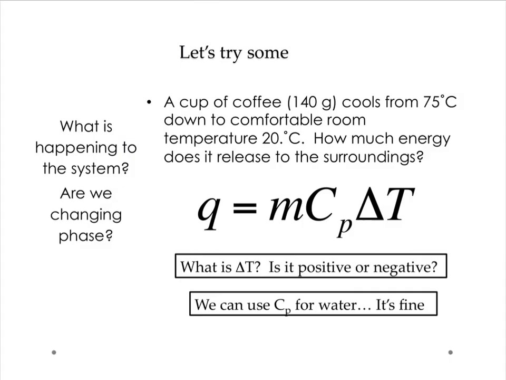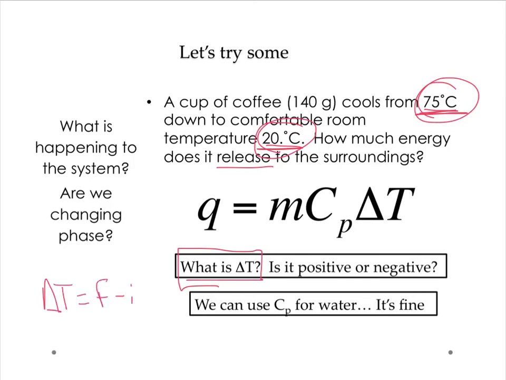Okay, so let's try an example. We're going to go back to that coffee cup example because it's pretty easy for us to understand. If it starts at 75 degrees Celsius and comes down to room temperature at 20 degrees Celsius, how much energy did it release into the system? So first things first, we need to figure out what is the change in temperature. Well, you take the final, 20 degrees, minus the initial 75 degrees to get your change in temperature. So change in temperature equals final minus initial, or